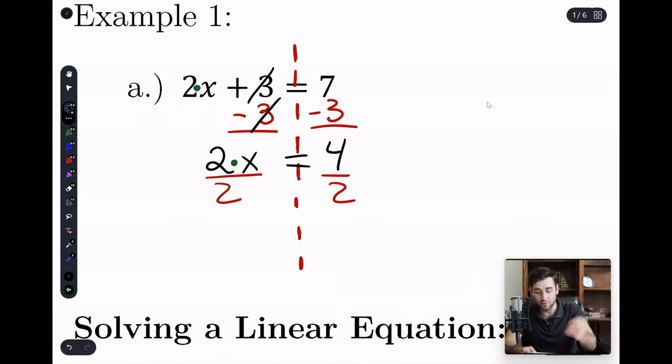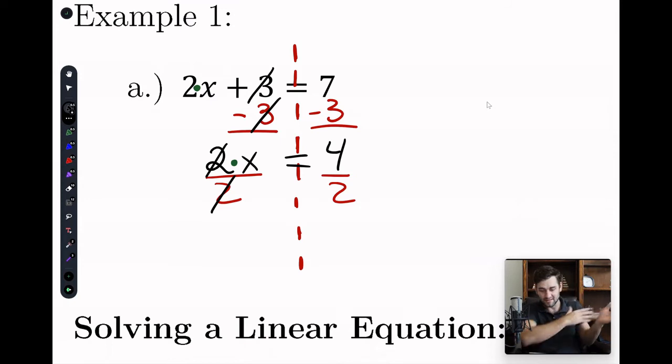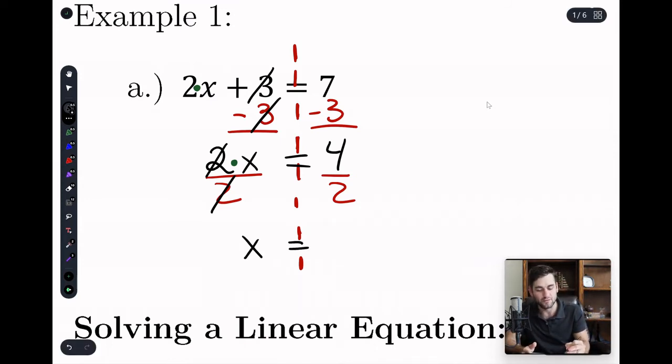2 divided by 2, it doesn't actually cancel out. It turns into 1, right? Because 2 over 2 is 1. But a lot of times we like to say it cancels out. But in your brain, don't forget, it's turning into 1. It's not necessarily canceling out. Because if it was canceling out, maybe it would take the x with it. But it's not. It's turning into 1, and 1 times x is x. So x equals 2. Groovy.